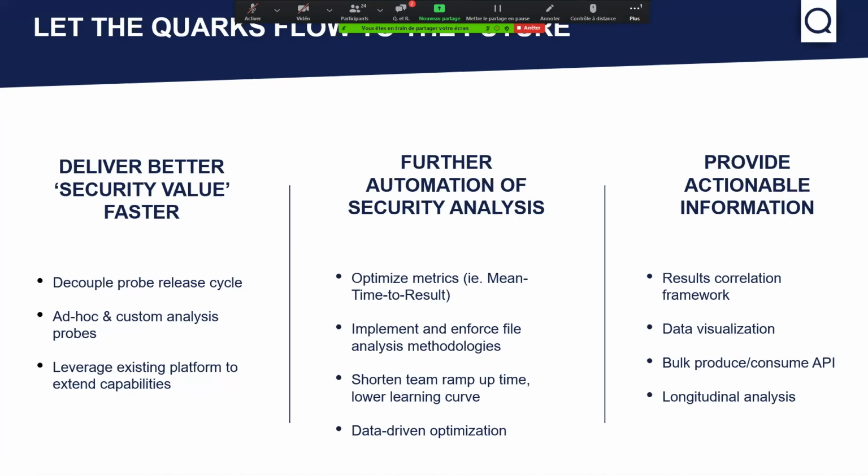And that also will help to ramp up a team quickly because it facilitates learning and adopting the policies and the procedures of an organization that is using this platform.